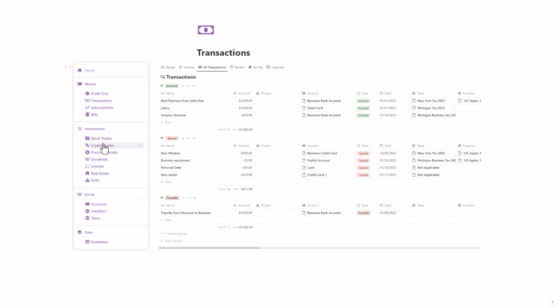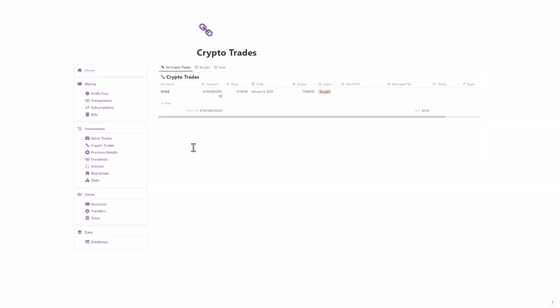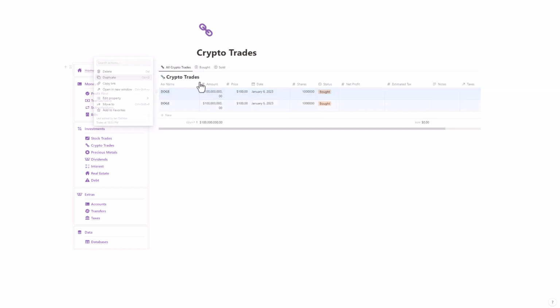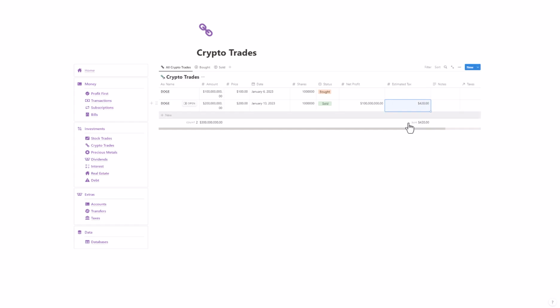And once you have that, you can also do the same for stock trades. You can apply your stock trades to the taxes, and if it has an estimated tax, it will be calculated. So let's say crypto trades. We can also do the sold here. Let's say you sold it for $200 million, right? Dogecoin. So your net profit would be a lot. $100 million with your estimated tax, of course, only for $20. And remember to put it negative, or actually no, put it positive here. The same goes for your crypto, your dividends,